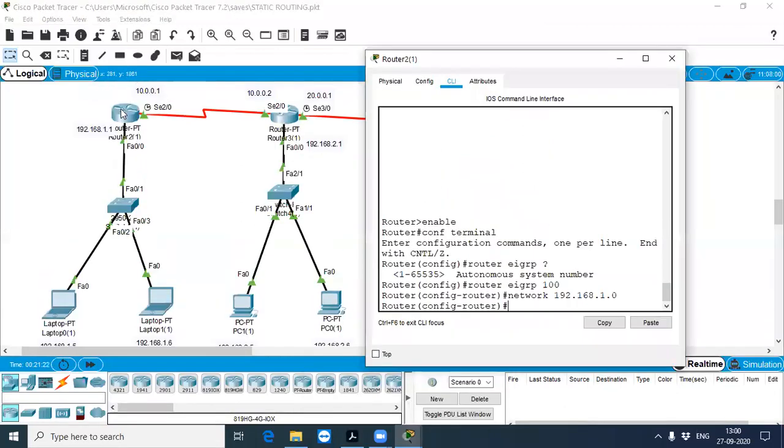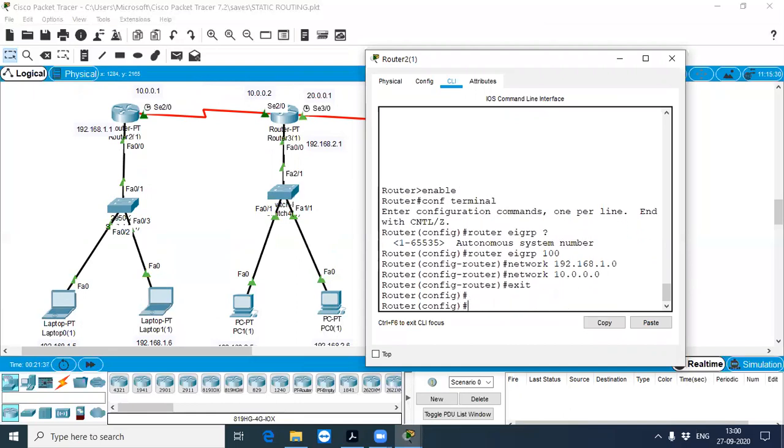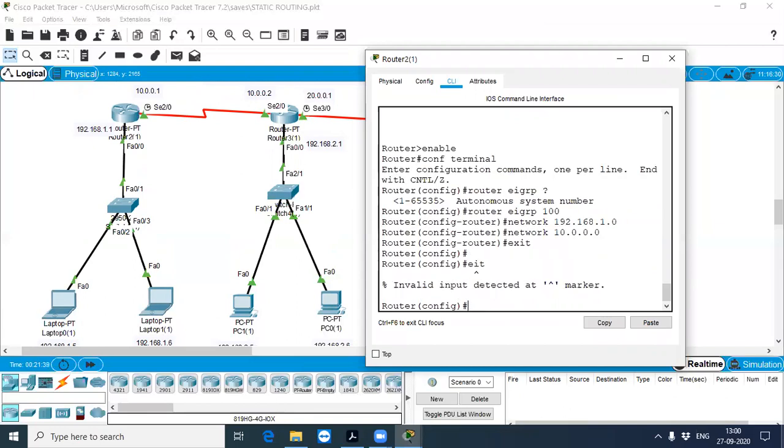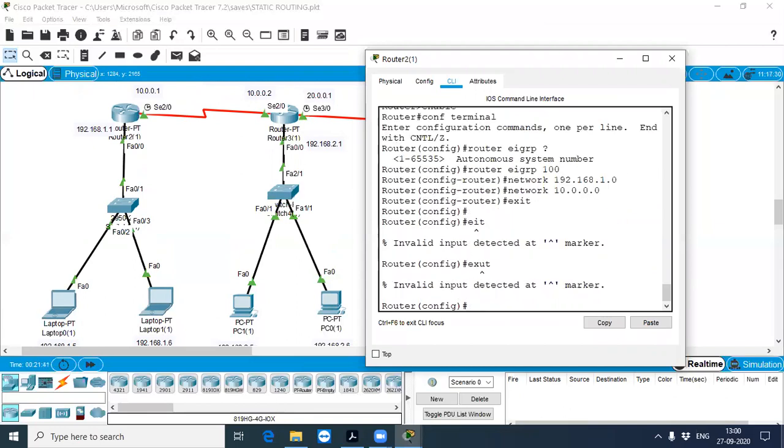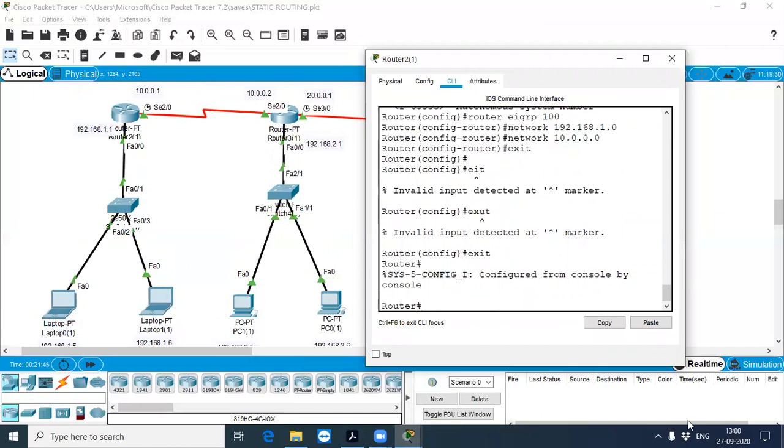If you see here, this router is connected to 1.0 and 10.0.0.1. So I have to assign network 10.0.0.0. Okay, the first router's networks have been configured successfully as EIGRP, right?